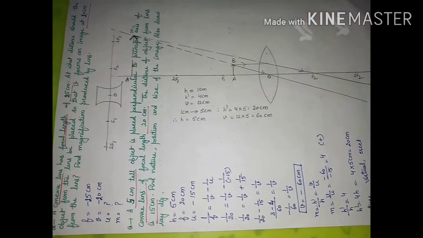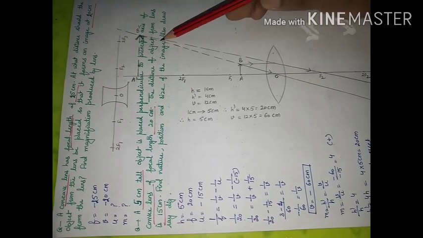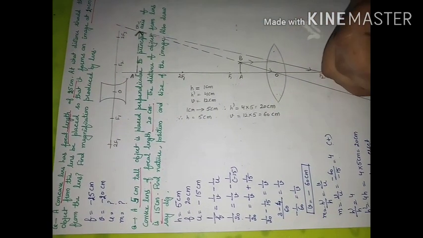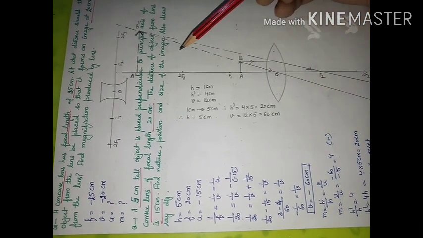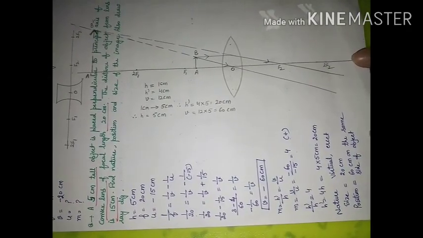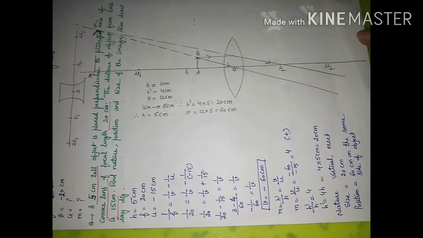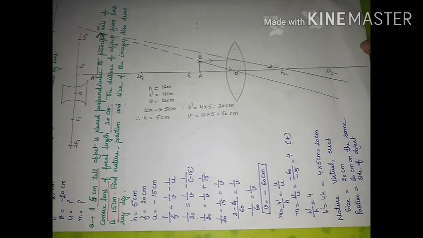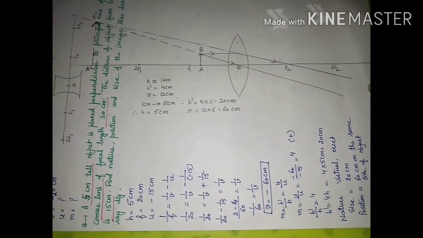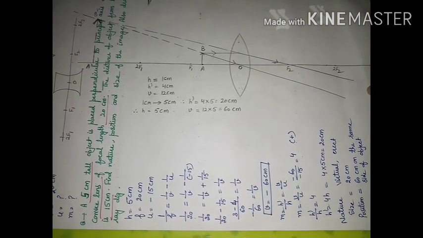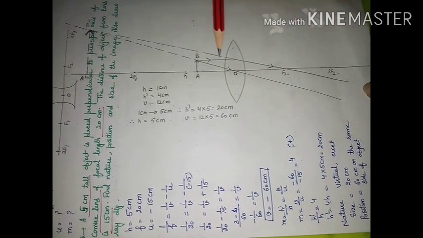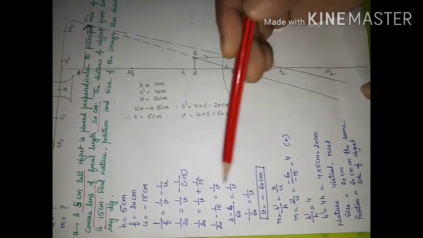Sometimes this question comes as it is. Sometimes this question is still here, that by doing numerical you find out all the things. Sometimes they don't ask you to solve the numerical. They simply ask draw the diagram using suitable scale, and from the diagram only tell the answer about nature, position and size of image formed. In that case they will give you marks only for diagram and solution of the answer using diagram. For calculation part they don't consider this part.